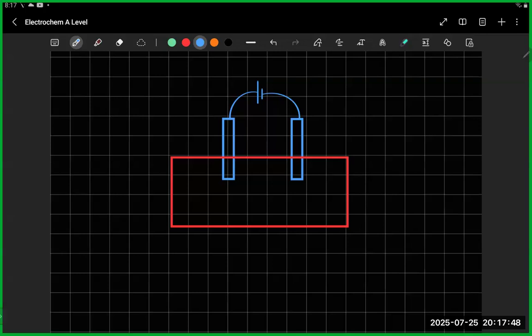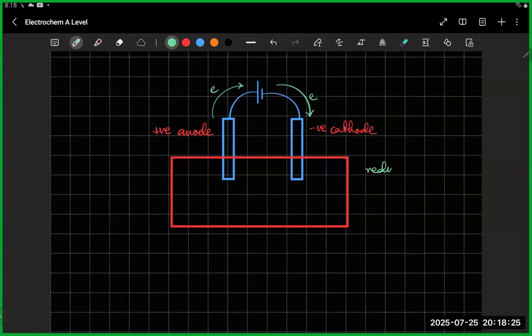Now remember, even before the reaction, the current is already flowing. This is the negative cathode, and the other side, that's your positive anode. Now, electrons are already flowing. I mean, the battery is sending electrons from one side, and the battery is removing electrons from the other side. So whoever comes to the cathode,